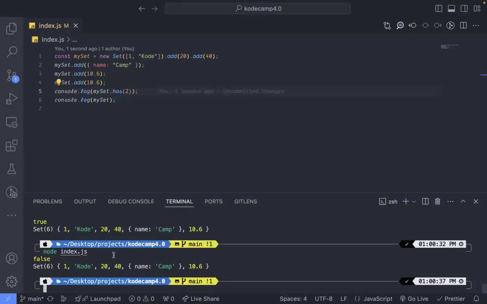So using has explicitly expresses your intent to check for the element's presence, making your code more readable. Has also has a performance advantage. It's generally more performant than other approaches like trying to find the element using iteration, which has O of n, linear time complexity. But if you use has, it has just